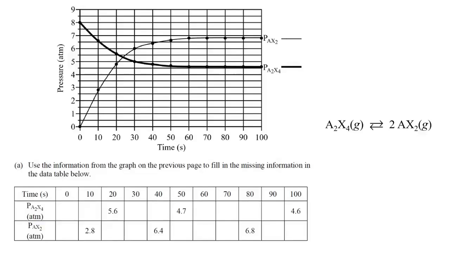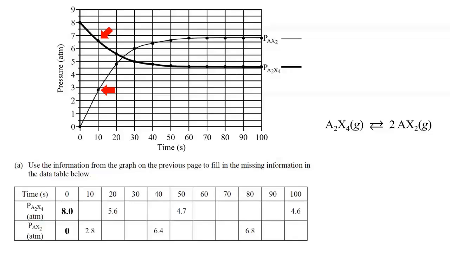data table below. So we start out at time equals 0 seconds, and so from the graph we can see that the initial pressure of the reactant, A2X4, is 8 atmospheres, and the initial pressure of the product, AX2, is 0 atmospheres. Now at 10 seconds, we can see from the data in the table and the graph that the pressure of the product, AX2, increases to a value of 2.8 atmospheres, and the pressure of the reactant, A2X4, decreases to a value that looks like it's just above